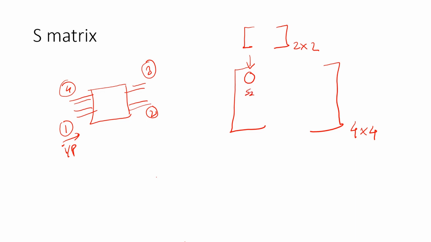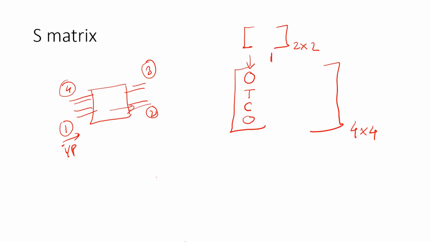We have S21, and S21 here is your through port. We don't know the value of the through port, so let's denote it using T. Next, S31 is coupling, you can denote it with C. And then port 4, S41, and from the name only it suggests that we want isolation to be equal to 0. So ideally we want it to be 0. So this is your port 1.